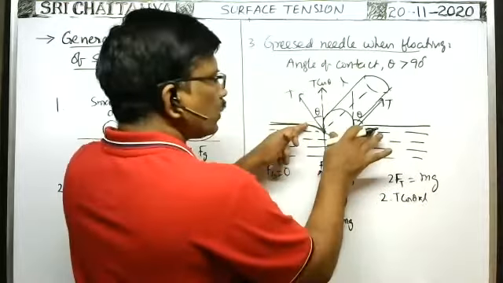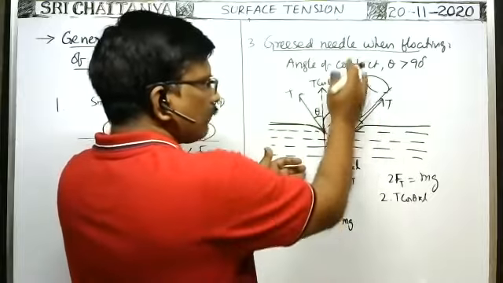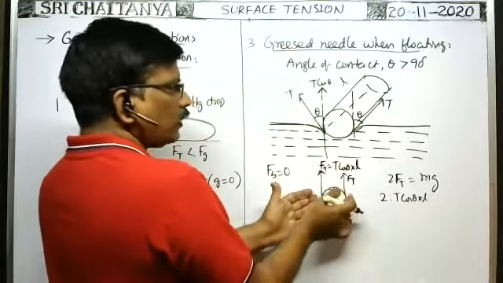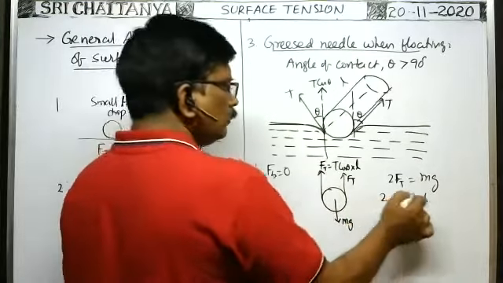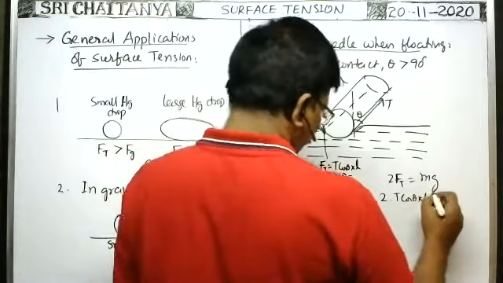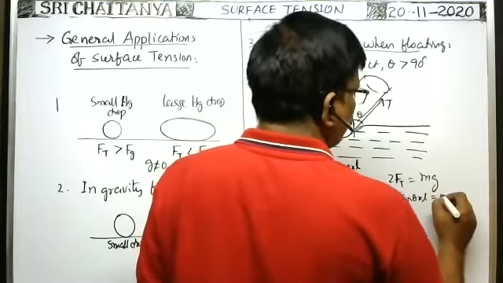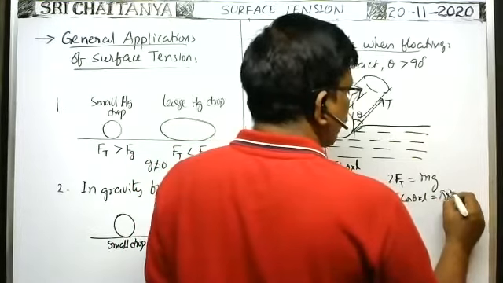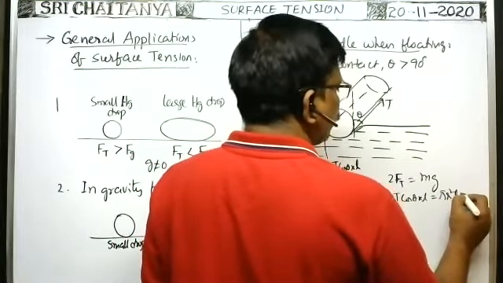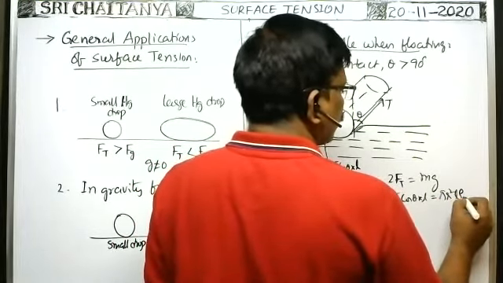As it has two surfaces, the force due to surface tension acts on this side, and on this side also. That's why the total force due to surface tension acting on the wire in the upward direction is equal to 2T cos theta into L, equal to the weight mg. M means the mass of the wire. Mass of the wire means area of cross section pi r square into length of the wire gives volume, into density of the wire, the density of the material.